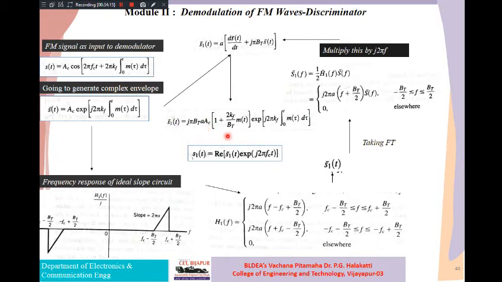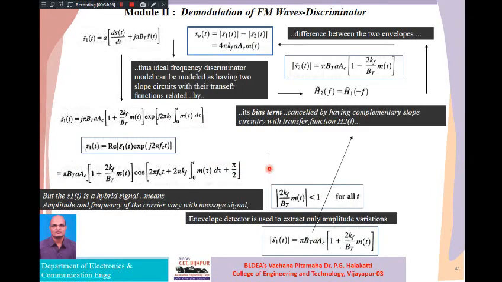Now this one appears to be more complex. We are just going to take its real value. So with the next slide we go here, same thing we are getting. Now if you take the real value and expand this one, what is e to the power of this? Cos of 2π kf integral of m(τ)dτ plus j sin of 2π kf integral of m(τ)dτ. So if you expand this one, then you will be able to get these things. Now you can see how complex it is.